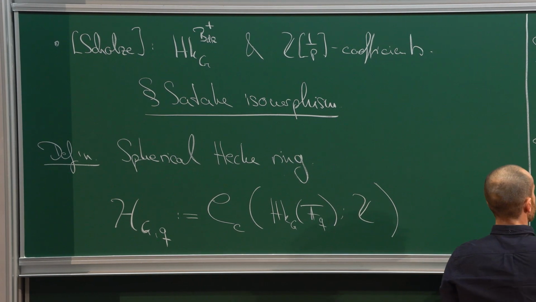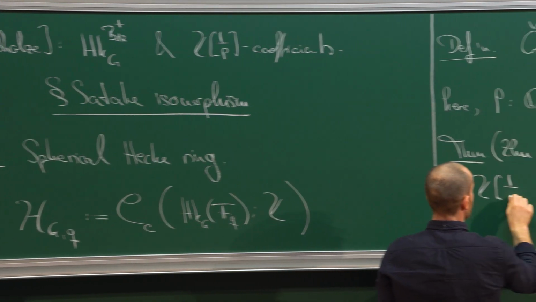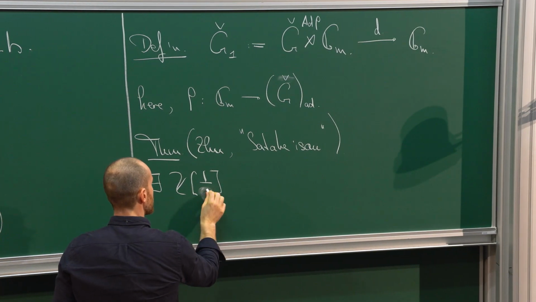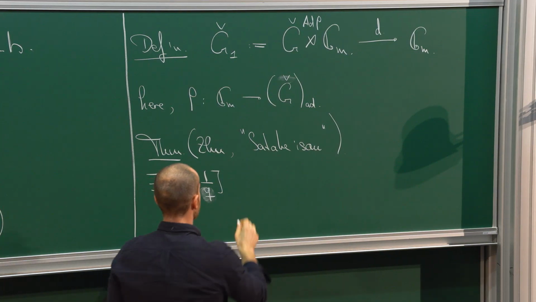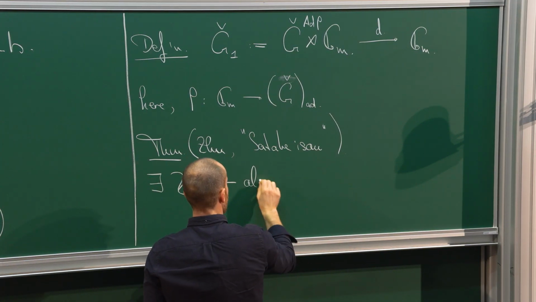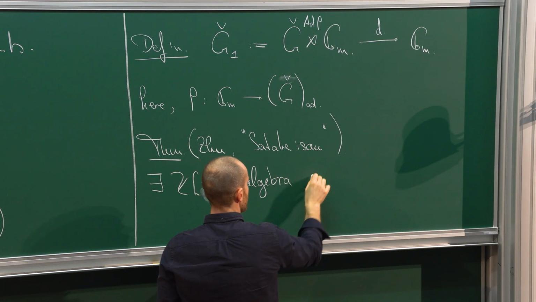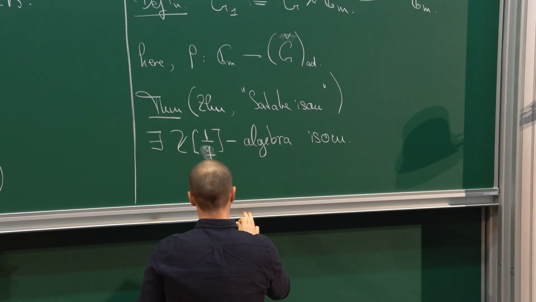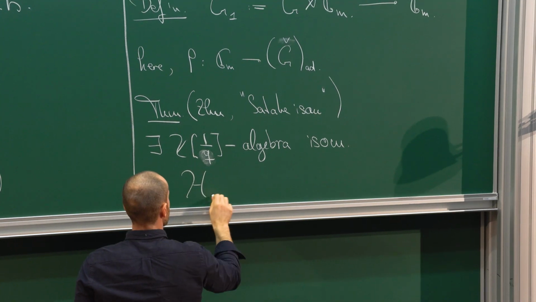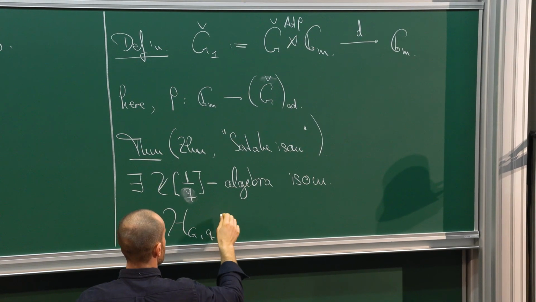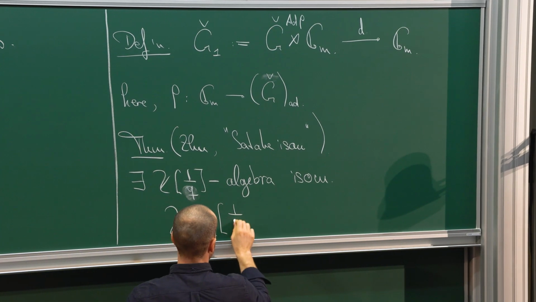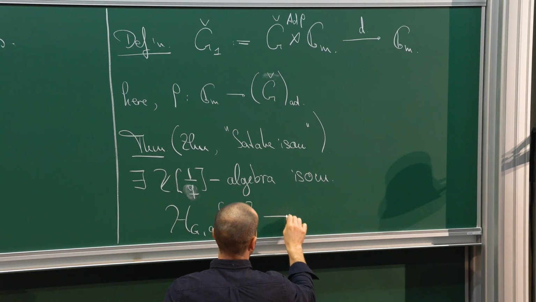Let me state it in a slightly sloppy form, namely there exists an isomorphism of algebras after inverting q, between, on the one hand, the Hecke algebra, but where we invert q, and on the other hand,